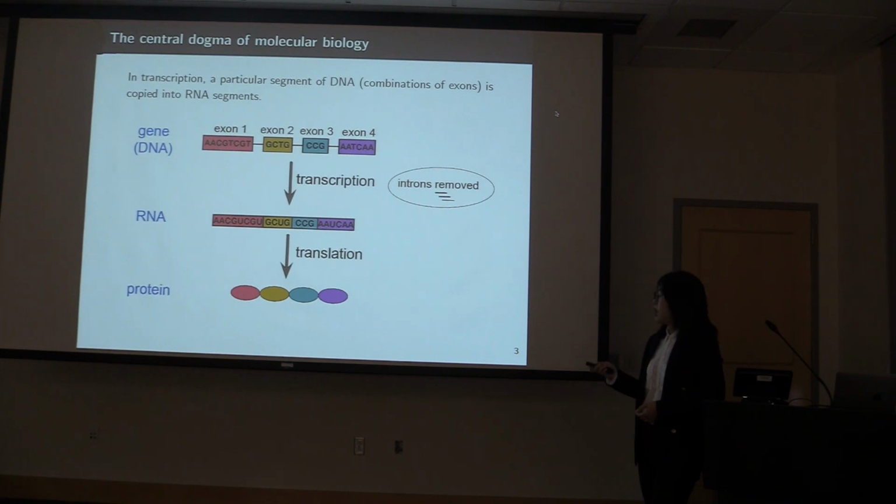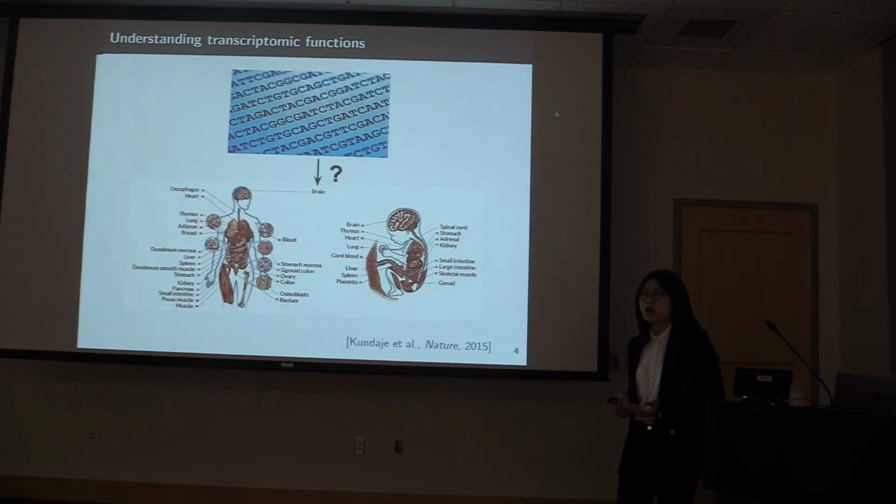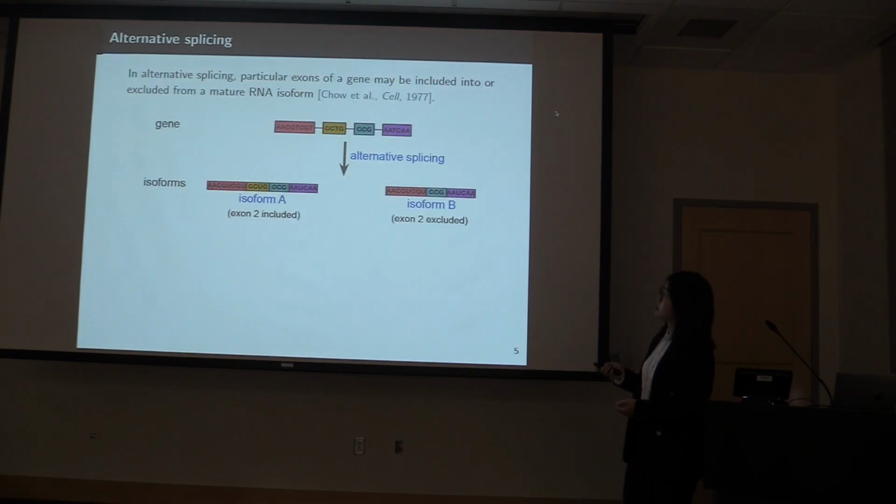However, in order to better understand how cells with the same set of DNAs can develop into tissues and cell types of different functions, we need to investigate more complex regulatory mechanisms. And 20 years after the publication of central dogma, people discovered that there's a process called alternative splicing, in which multiple exons of the same gene may be either included into or excluded from the RNA molecules. Let's take this 4-exon gene as an example. Its second exon is either included into the RNA molecules or spliced out, leading to two different RNA variants,